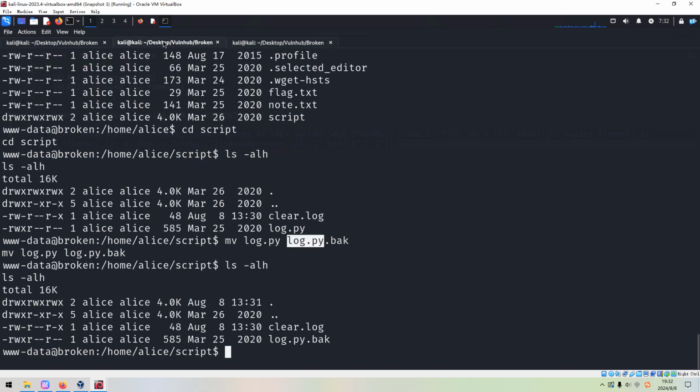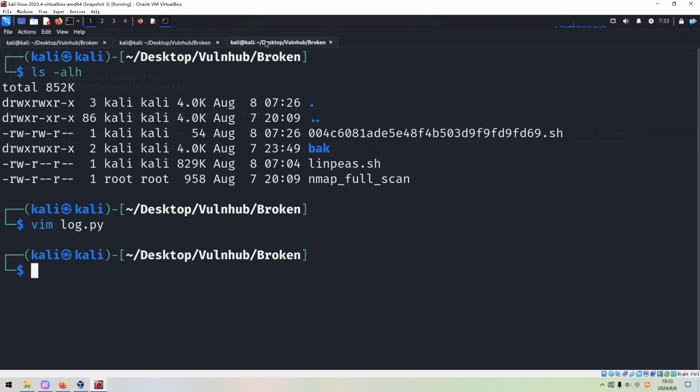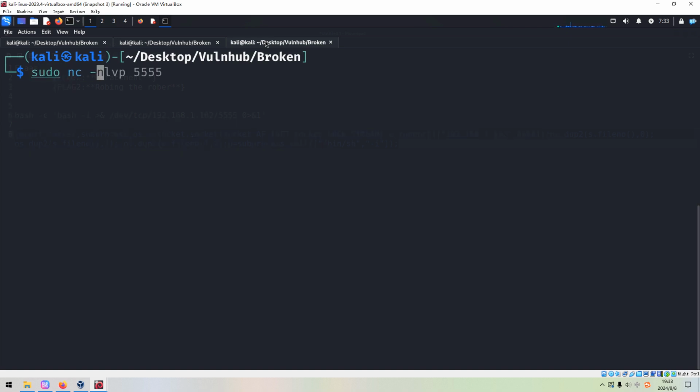So then we go back, we can use wget to upload. And it should be log.py. No error. Next, we need to set up another listener. The port number for this listener should be 666.